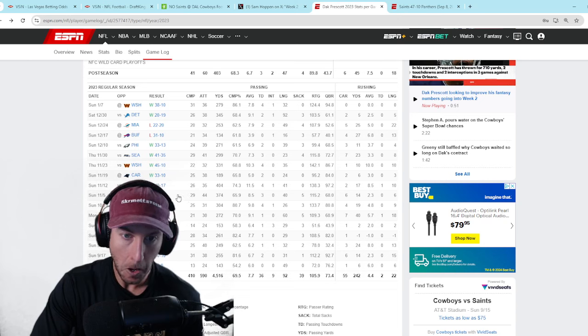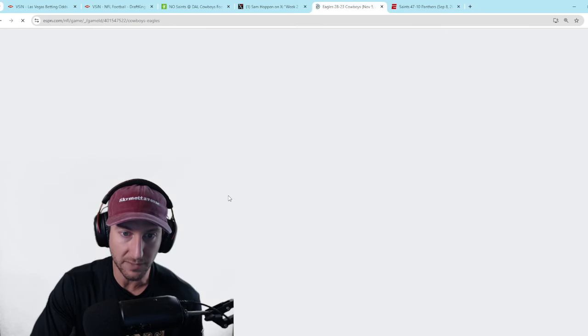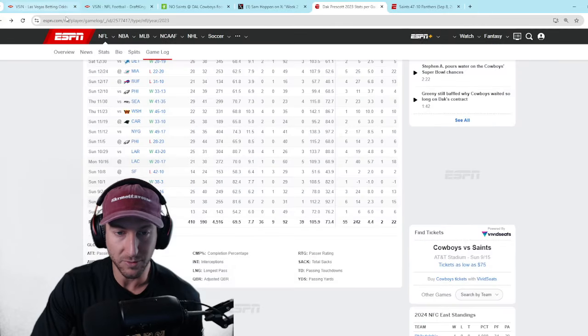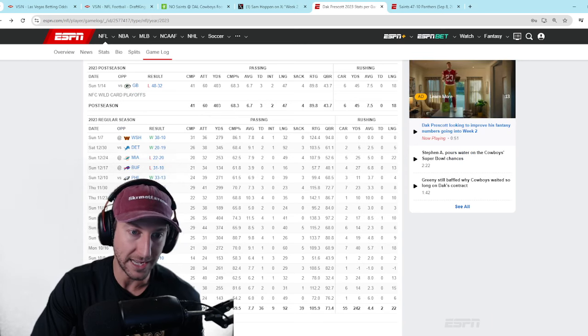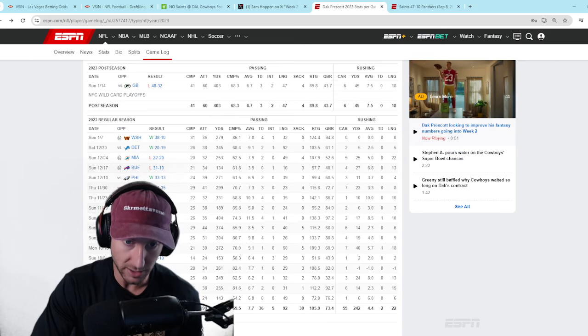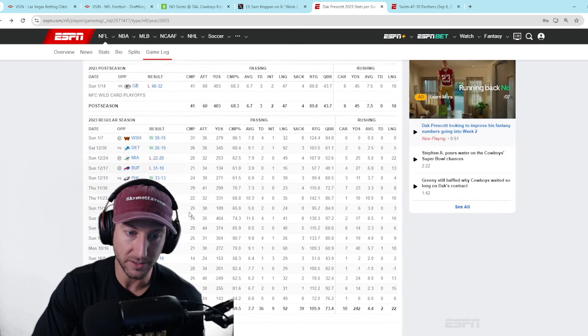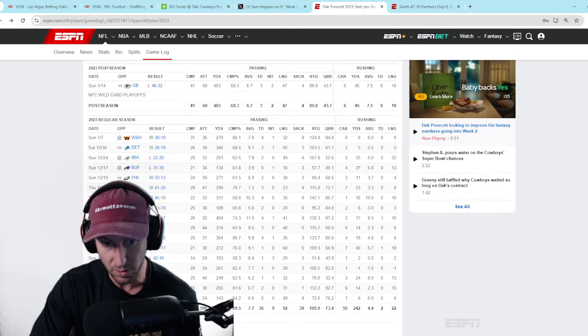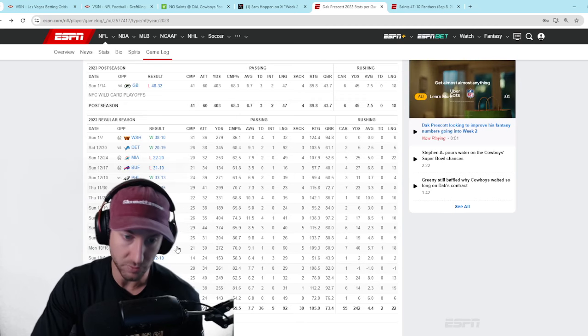Like if you do this one, right? And you're like, oh, well, what about Philly? He had 374 yards passing. And it's like, well, the first variable is that it's on the road. First variable is that it's outside. Second variable is that it's a loss. So already it's not a parallel comparison. So you got to look for at home, which they are at home this week, and in a win, which they are projected to be in a win. Now, they certainly could lose, but,